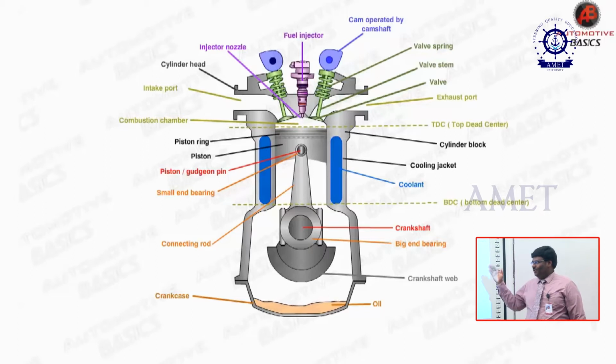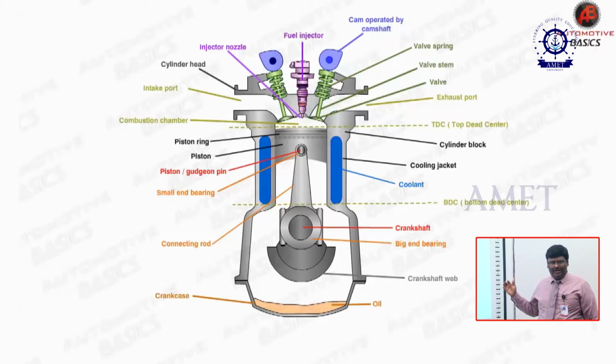Apart from that, you can see a blue color structure on either side, which is nothing but the coolant, which is used to cool the engine. Actually, there is no direct contact between the contents present inside the cylinder and the coolant. The coolant takes the heat generated from the engine, thereby protecting the engine from getting damaged due to overheating. As we have earlier discussed, we can see the smaller end of the connecting rod is connected to